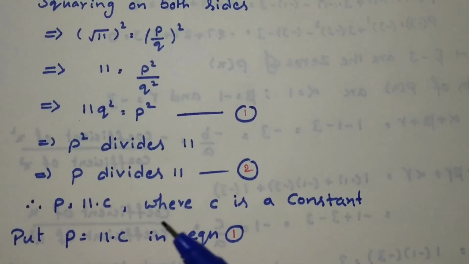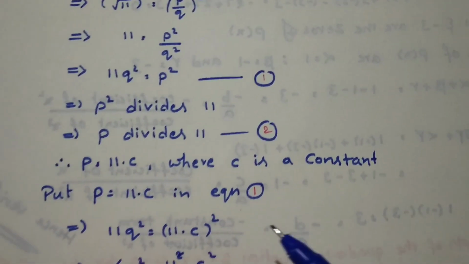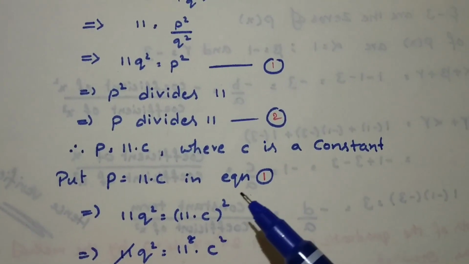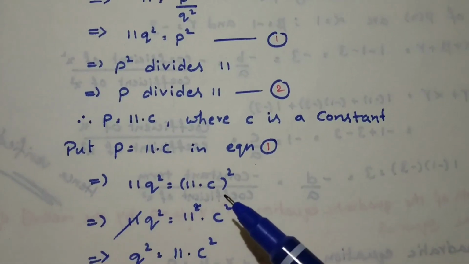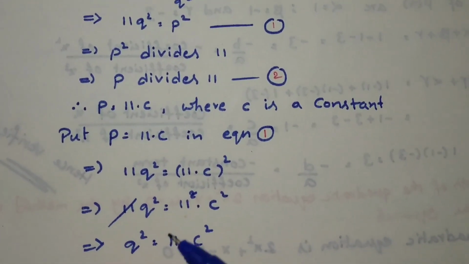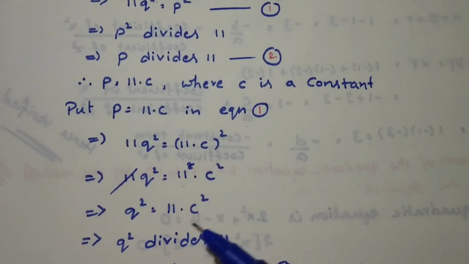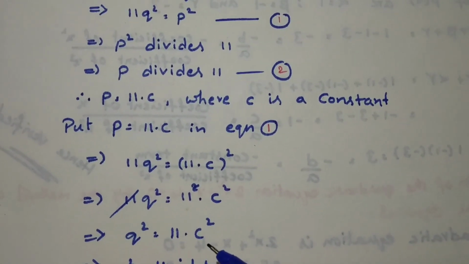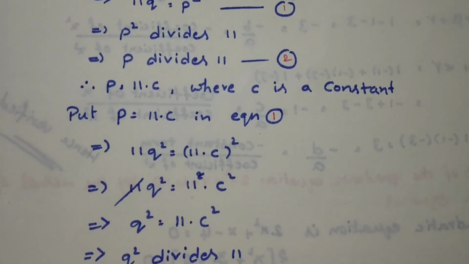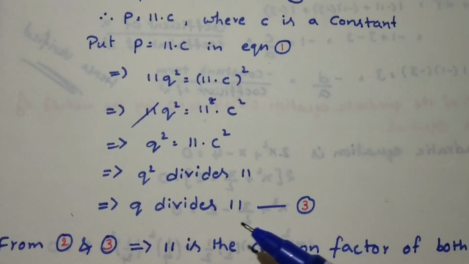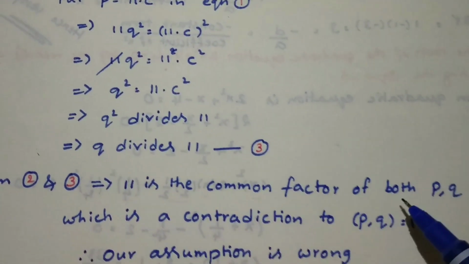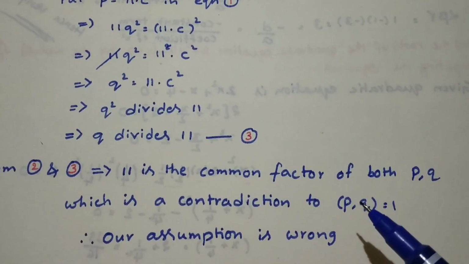P is equal to 11 into some constant C, where C is a constant. Put P is equal to 11 into C in the first equation. That means we are going to get 11 Q square is equal to 11 square into C square. We are going to get Q square is equal to 11 into C square. Again 11 multiple you are getting. That means 11 divides Q. From 2 and 3, 11 is the common factor of both P, Q, which is a